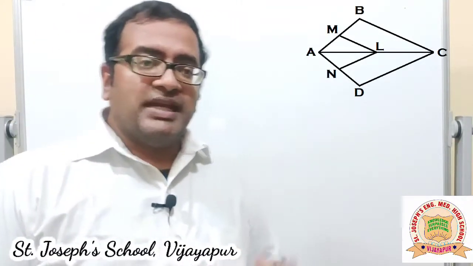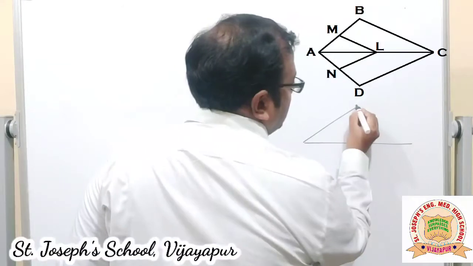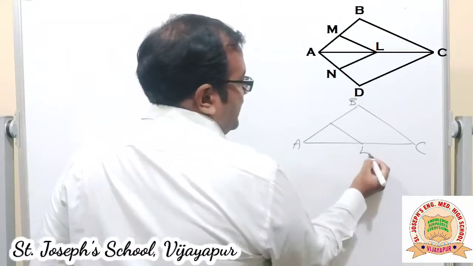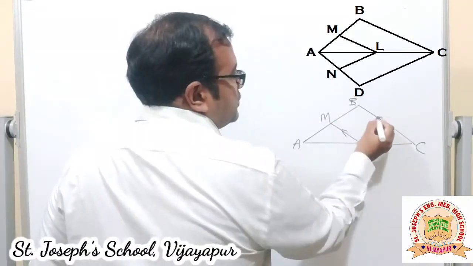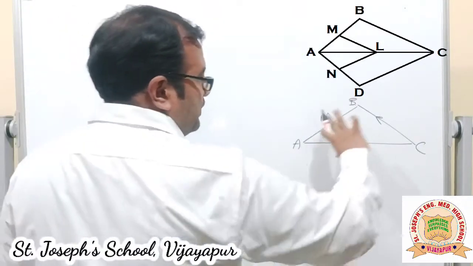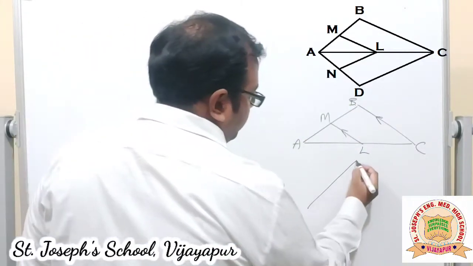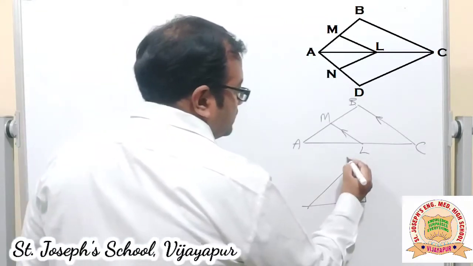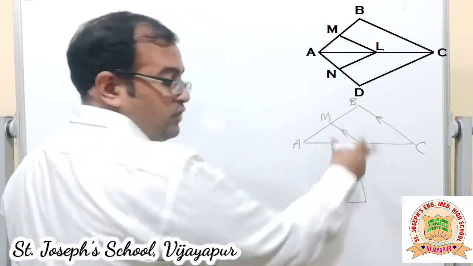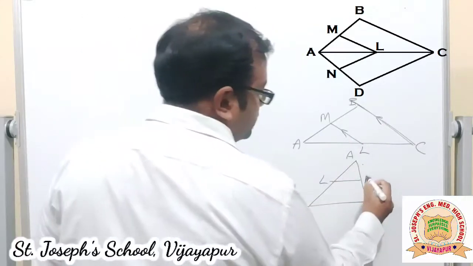To start the proof, first let us have a look at one part of the triangle, that is ABC. This is ABC, and you have LM which is parallel to CB. Okay, this is given, LM parallel to CB. Now if I rotate this, it will somewhat look like this. This is my A, goes up, and this will be L and this will be C. If you rotate this, BC will become the base. I am taking BC as the base here, then this will be M.